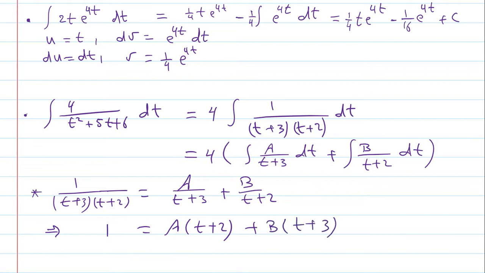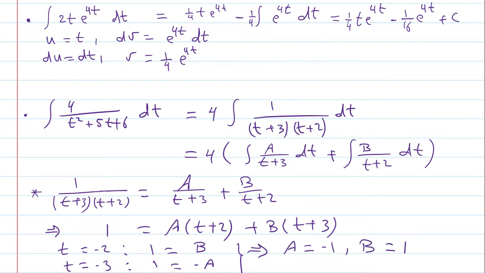This last equation is true for any values of t. So let's substitute t by negative 2. This will give you that the left hand side is going to be 1 and the right hand side is going to be b. Similarly, if we choose t to be negative 3, the left hand side is going to be 1 and the right hand side is going to be negative a. So these two equations give you that a equals negative 1 and b equals 1. Consequently,